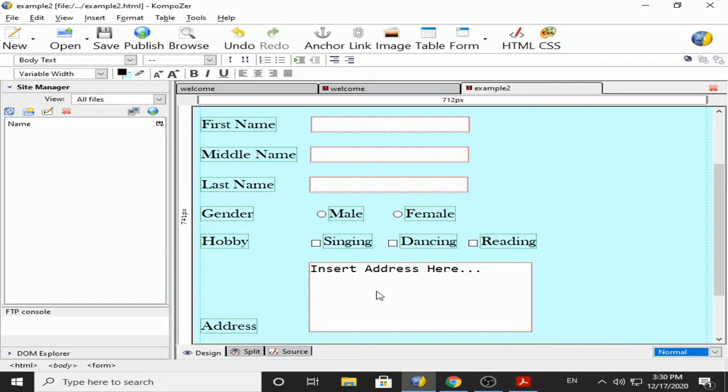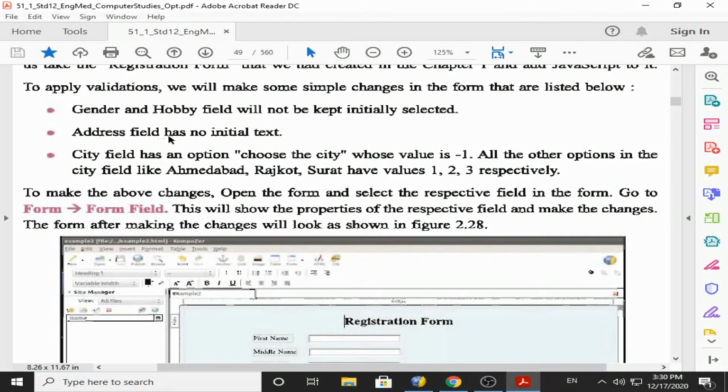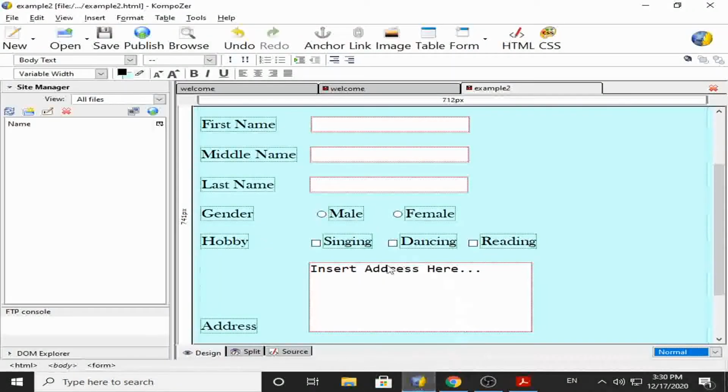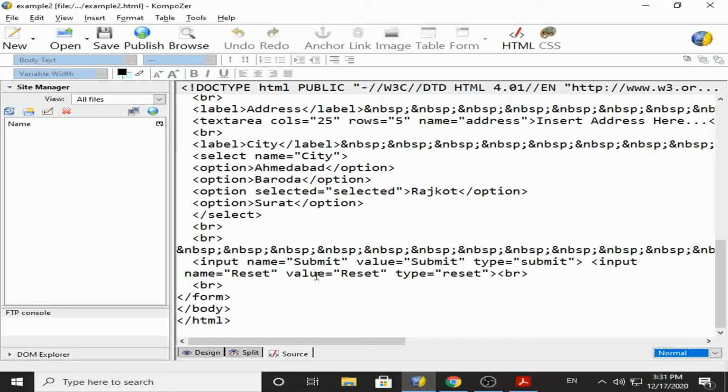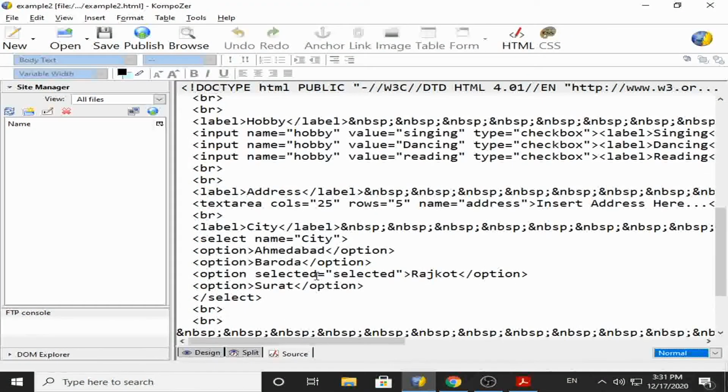Another important thing mentioned over here is that the address field has no initial text. Now let's go for that. This is the address field. It has "insert address here". Again we click on source, and here we have the address field.